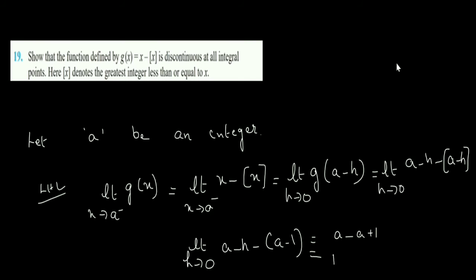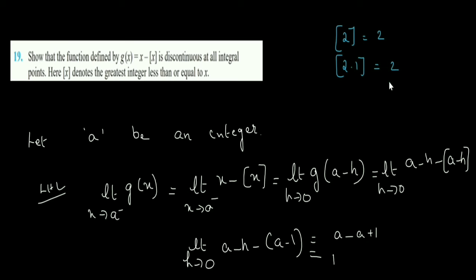Next question, question number 19. Show that the function defined by g of x is equal to x minus the greatest integer function of x is discontinuous at all integral points. The bracket denotes the greatest integer less than or equal to x. So what is the greatest integer function? That you should know. If it is 2, it is 2 itself. If it is 2.1,